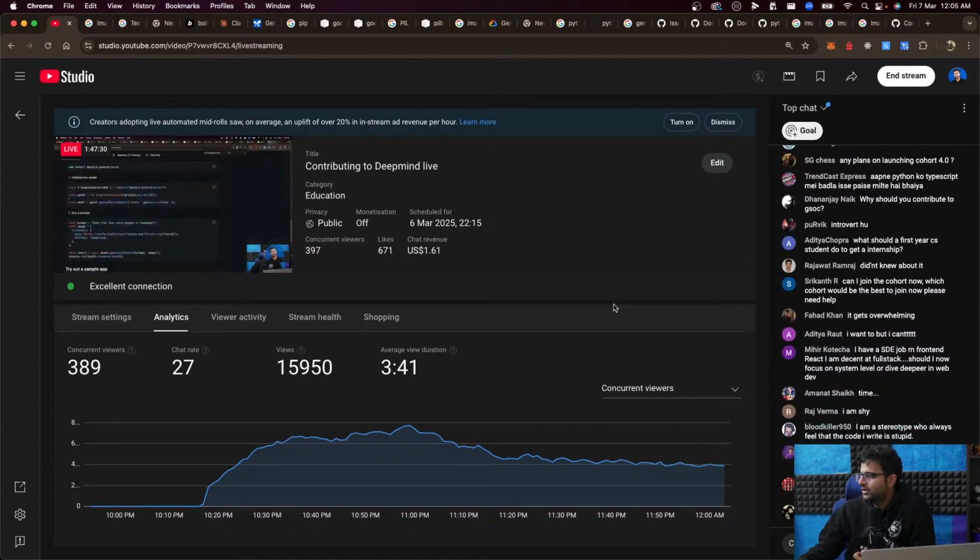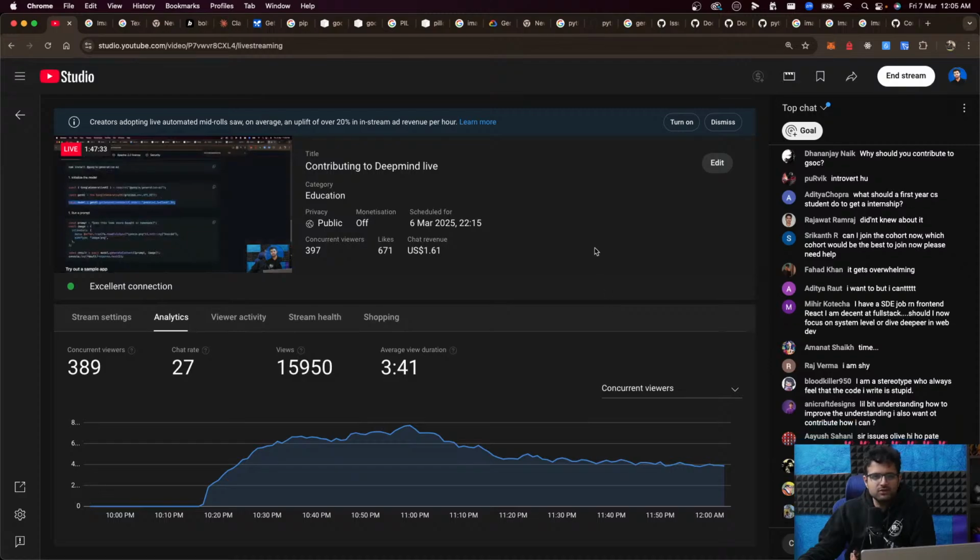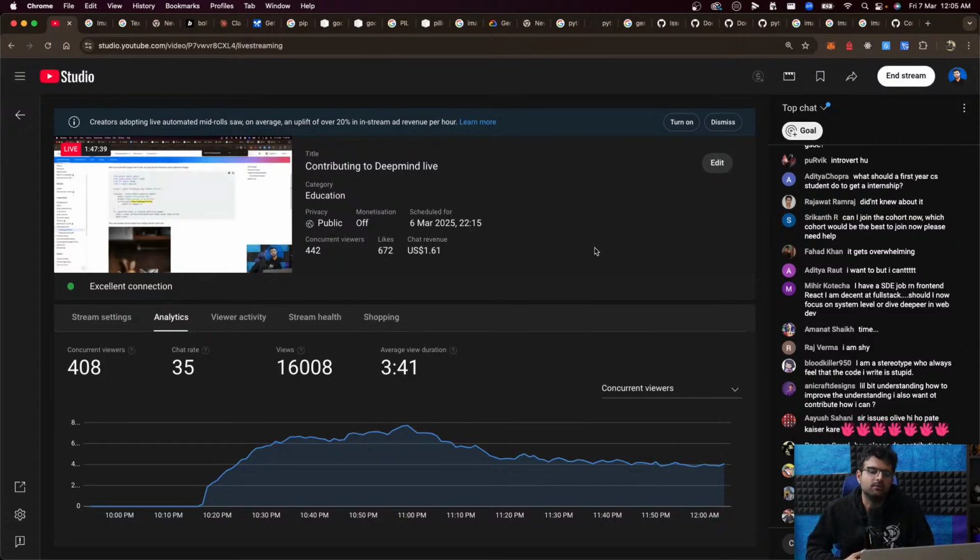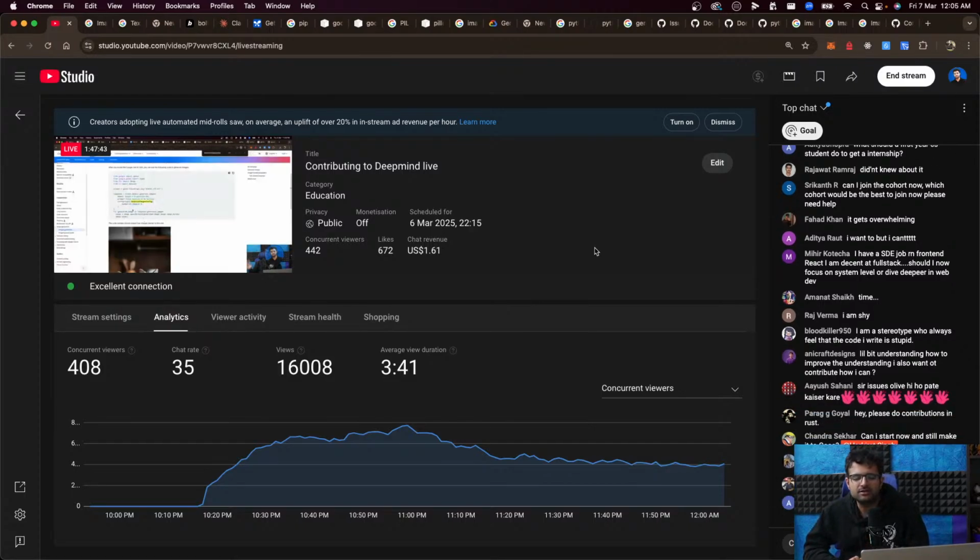Don't feel like your code is stupid. Everyone's code is stupid. Their code also, if you read through it, now I think I know JavaScript enough to be able to ridicule other people's code base. So there's different patterns of writing the same thing.